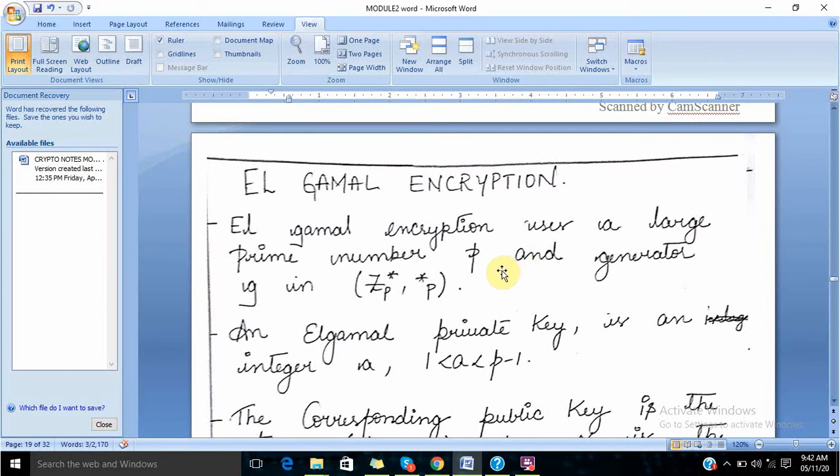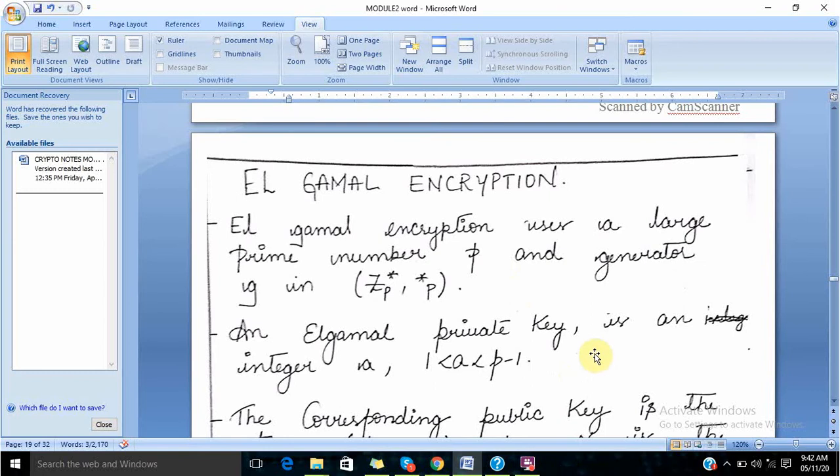They're the same concepts, but the formula is different here, students. That's all. The parameters and formulas are different. So all other things are the same. It's like RSA only. But in RSA we had a separate formula. Here we have a different formula. That's all. Okay. So we'll study the formula first, how the formula comes. Then later on we'll see the problems. So this is what we are going to do in this particular video.